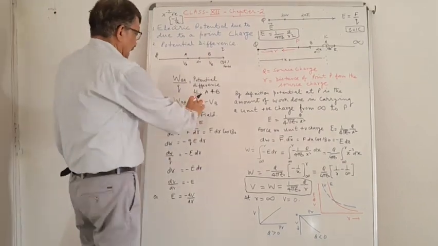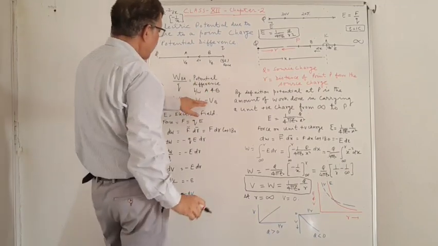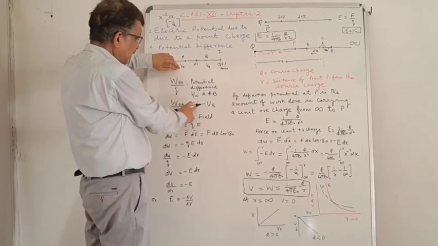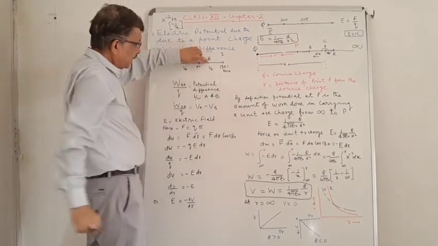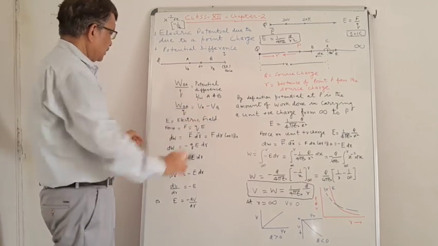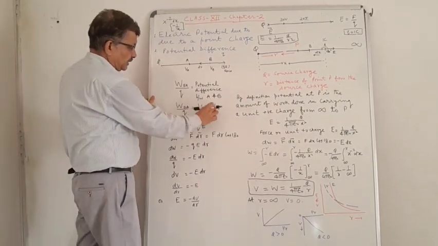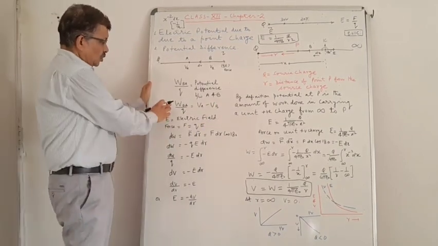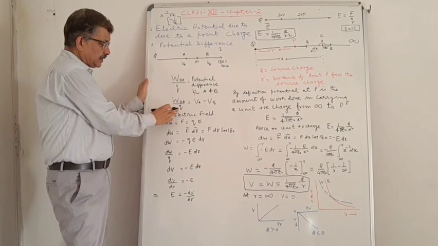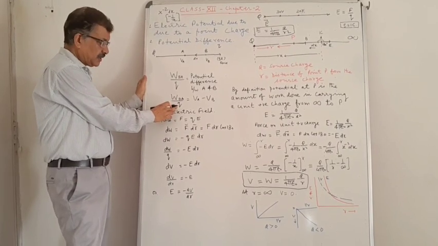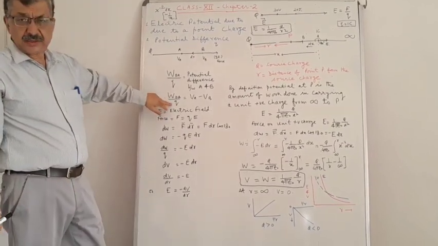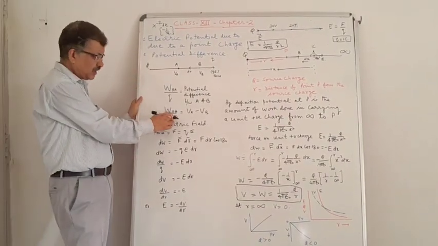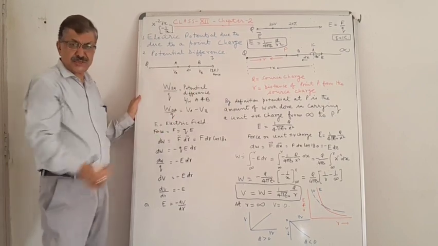So that will be written as VA minus VB, where VA is the potential at point A and VB is the potential at point B. So that is the potential difference between these two points. That is simply equal to W from B to A divided by the charge itself. Suppose it is a unit positive test charge, so the value will be equal to 1. Then the work done itself is equal to the potential difference.